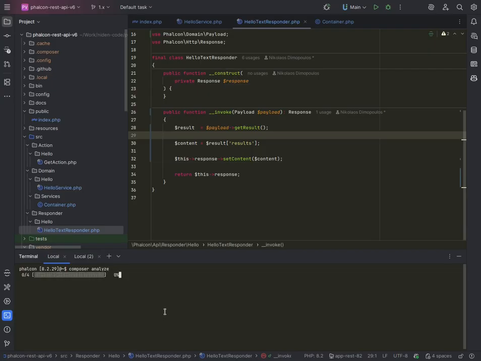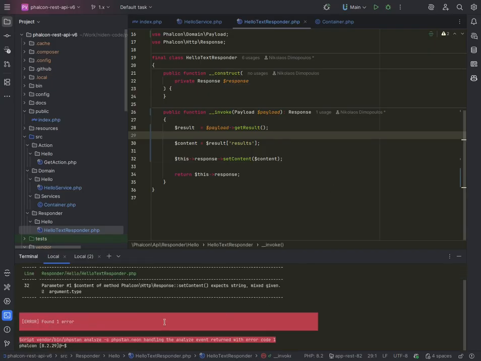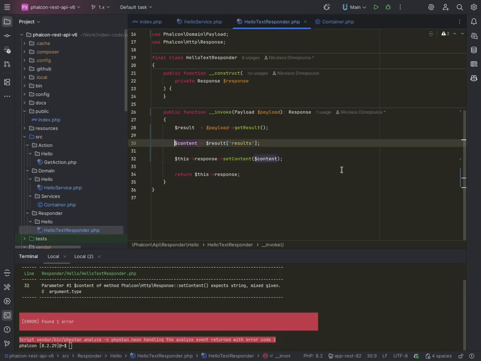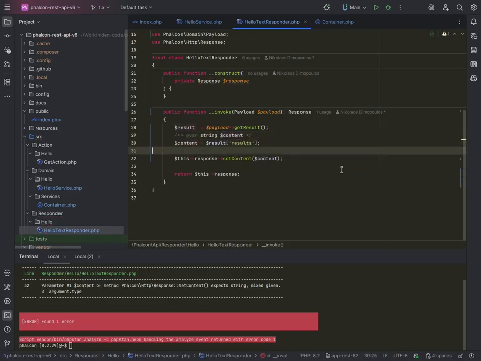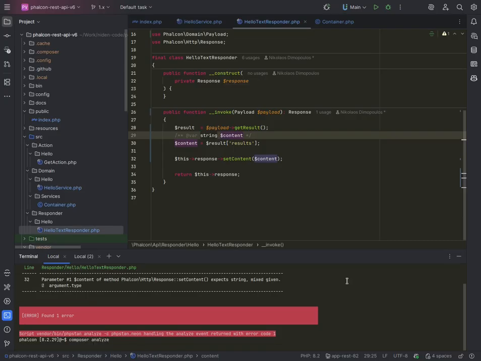If I run this, it's going to complain. Here in the hello text responder, parameter content expects string, mixed given. PHPStan doesn't really know what this is. It doesn't know what type it is. So in order to help it, because we know, we can make sure that the variable content is going to contain a string. So now if I run PHPStan again,